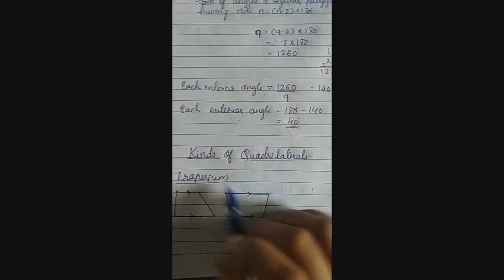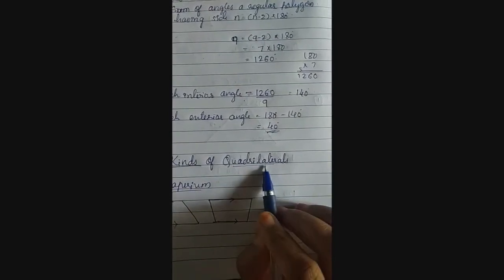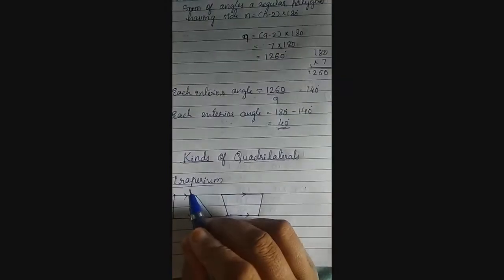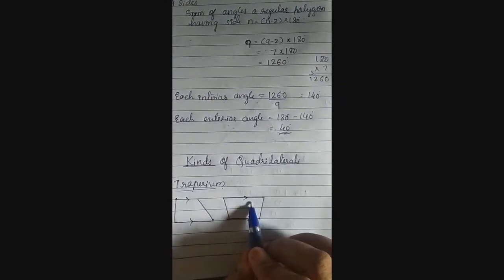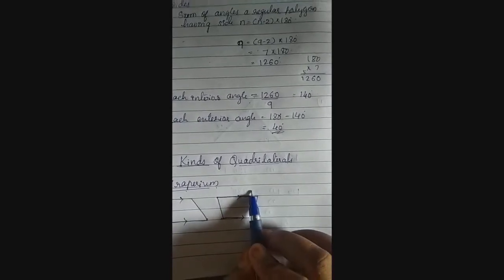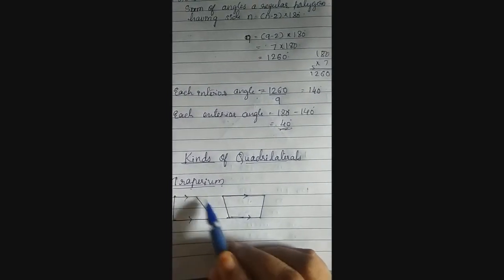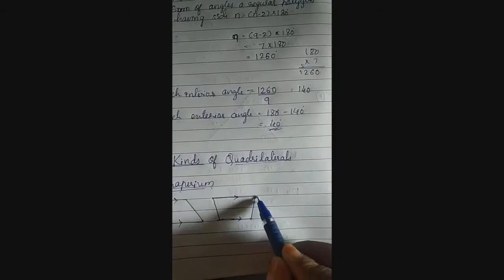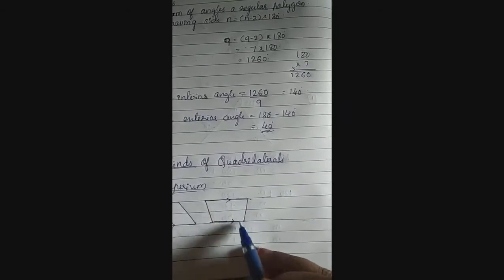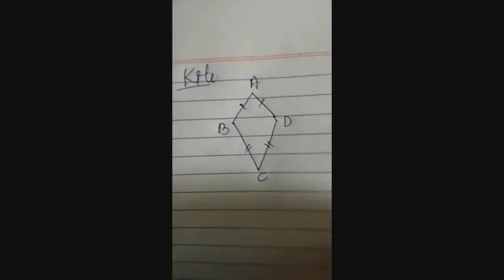Okay. Next one, kinds of quadrilaterals. Based on the nature of the sides and angles of a quadrilateral, it has special names. In that, first one is trapezium. Observe this figure. A trapezium is a quadrilateral with a pair of parallel sides. These two sides are parallel. These two sides are parallel. They will never meet at any end, however much you go on increasing them. They are parallel to each other. So this is a trapezium. And these figures are not trapeziums, because here one pair or two pairs of sides are not parallel.